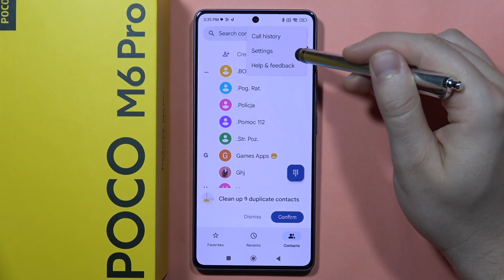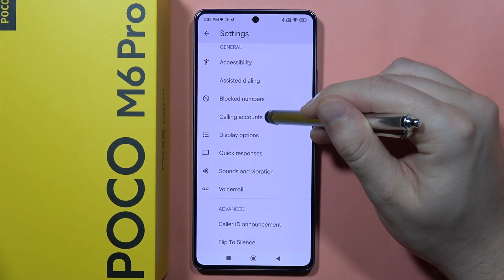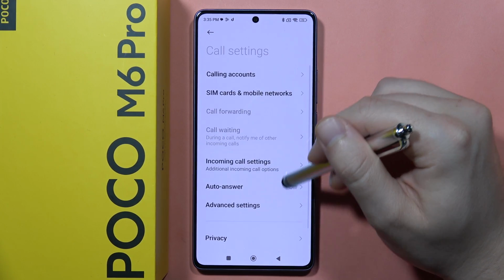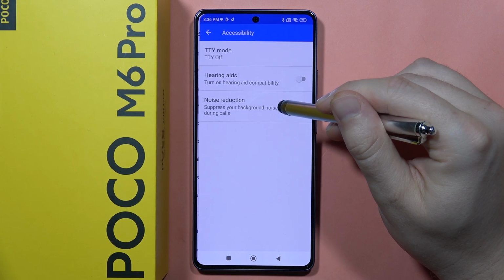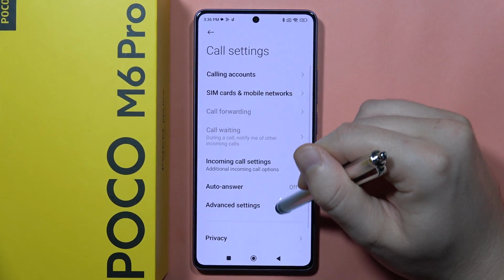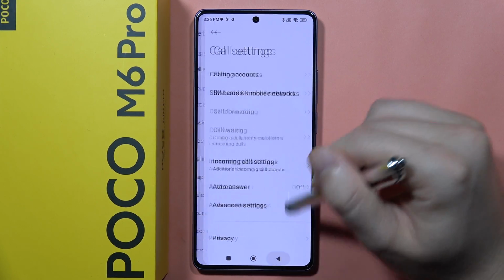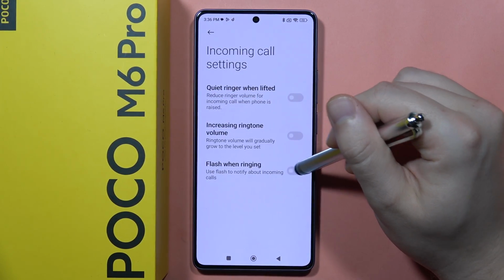Click on the three dots in the right upper corner, go to the settings, and now when you go into the calling accounts, no, I cannot find it, but it was actually, sorry for this, I just messed up. Yeah, we have to go for the calling accounts, go into the incoming call settings, and here we can enable